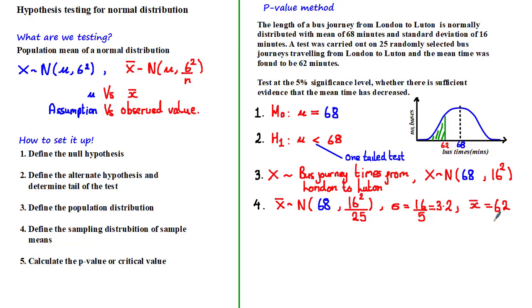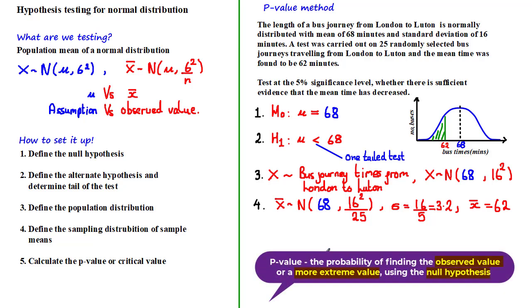Now this value is important for the next stage, which is to calculate the p-value. But before we do this, we need to know, well, what is a p-value? And how can it be useful for us in working out whether to accept or reject the null hypothesis? Well, the definition of a p-value is the probability of finding the observed value or something more extreme given the null hypothesis. Using this definition, we know that the observed value was 62 minutes. And given that the claim is that the mean is less than 68, anything more extreme than this value would be less than 62. So we need to work out the probability that x bar, the observed value, is less than or equal to 62 using the null hypothesis, which would be the area represented by this green shaded region